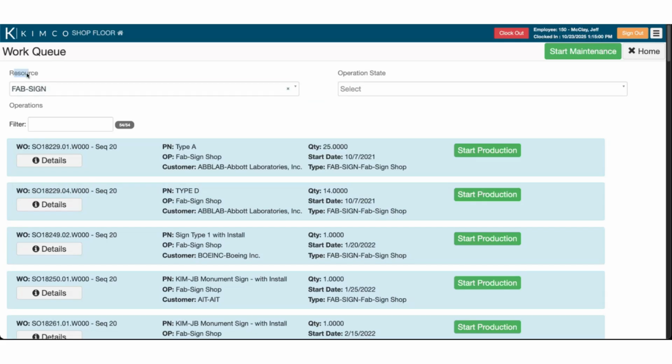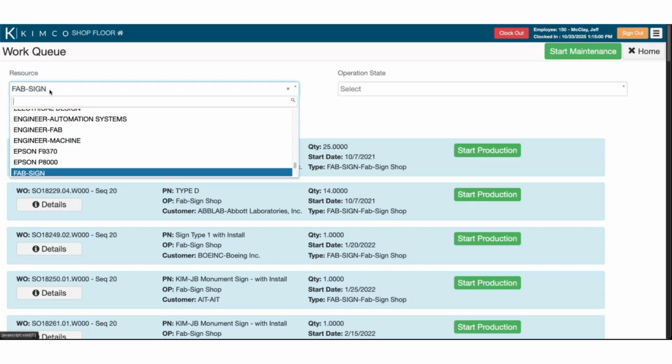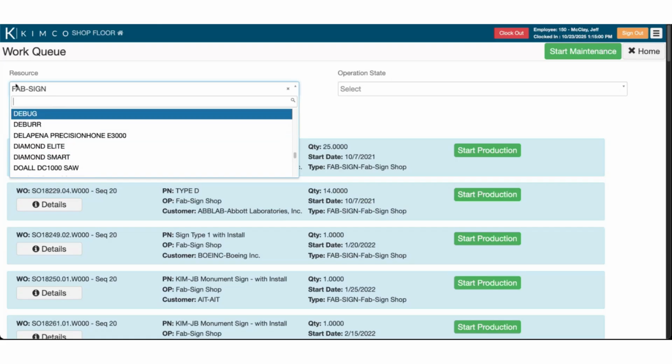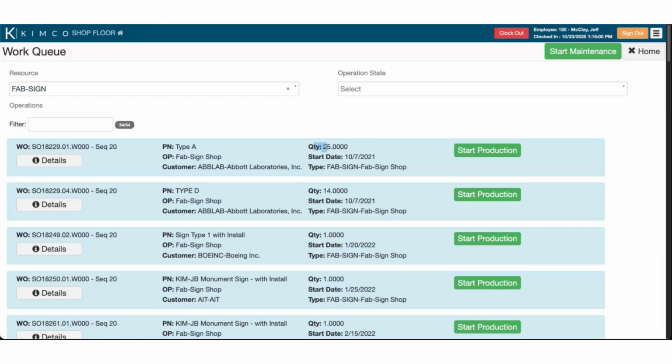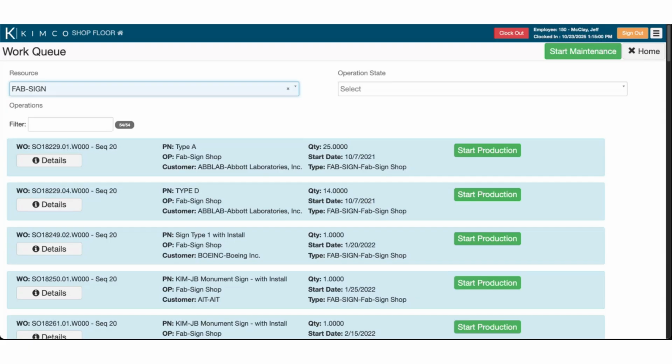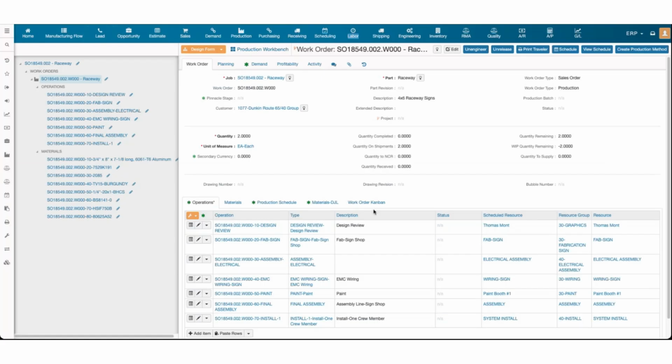Here I can choose that scheduled resource that I showed earlier, and if I were an employee and I was the scheduled resource, I could just pull up myself as the resource and it would show me all of my allotted work based on the schedule. For now, we're just looking through the resource fab sign, and if I go and confirm,